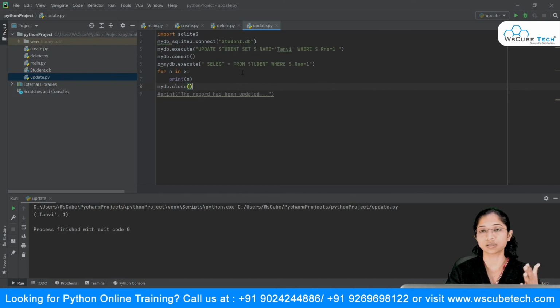Then we studied how you can insert the records inside it, then how you can display it. We even saw how you can view your contents by using the DB browser. We even made use of the select statement, like how you can view the contents on your console in PyCharm. And next we made use of this delete statement, like how you can delete a particular record from your table.